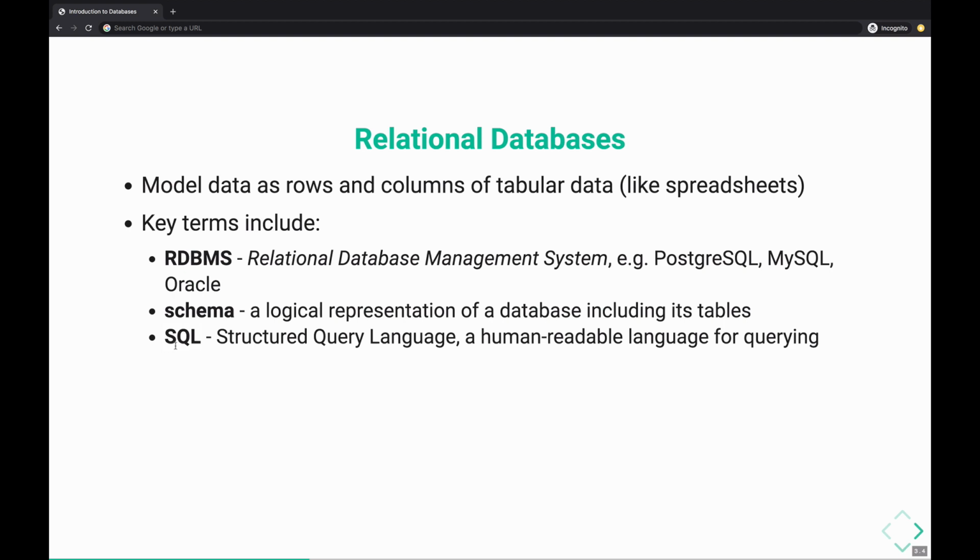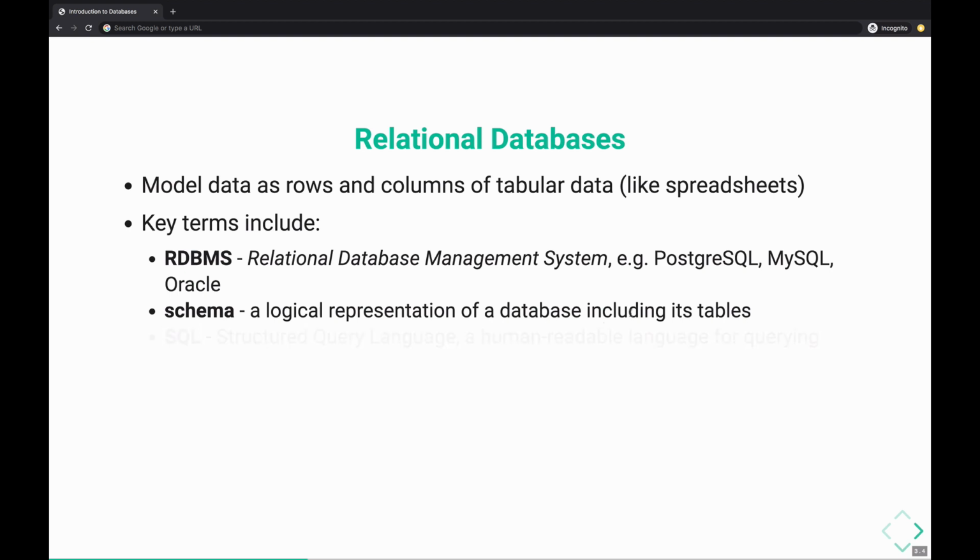So SQL is the language that we use, it's human readable, that we use to query our database. It is how we ask for the top rated movies or the most recent movie to be added in, or it's how we specify I'd like to delete all movies that were released in 2019 for some reason, or I want to insert a new movie called Parasite 2. I want to edit Parasite 2's genre to be drama. These are all different sorts of queries. Those aren't actual SQL, of course, but those operations are things that we do with SQL. SQL is the language we use to talk to and interact with our database.